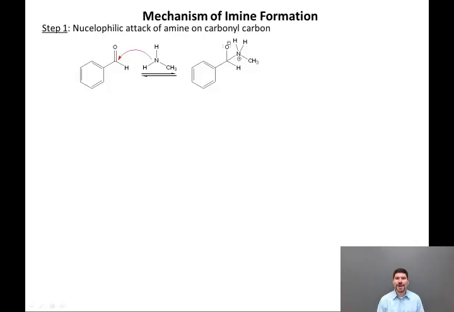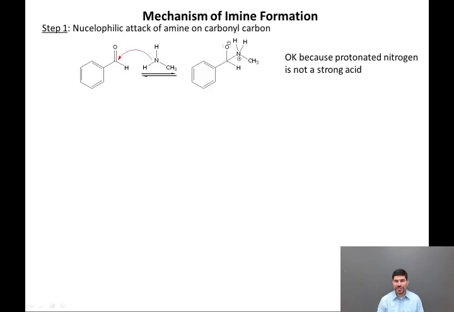Having established the ground rules about imine formation, we can now look at the detailed mechanism. So recall that an imine is formed when a primary amine reacts with an aldehyde or ketone. So the first step in the mechanism is going to be nucleophilic attack of the neutral amine on the neutral carbonyl carbon. So this leaves us with an intermediate in which we have a positive charge on nitrogen and a